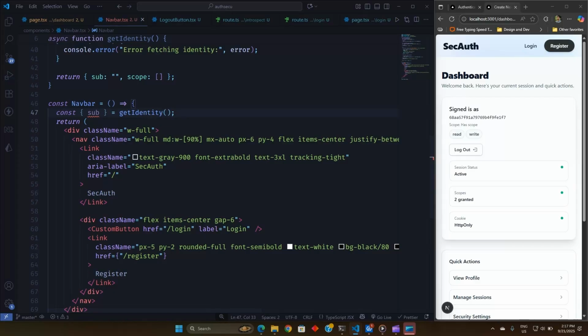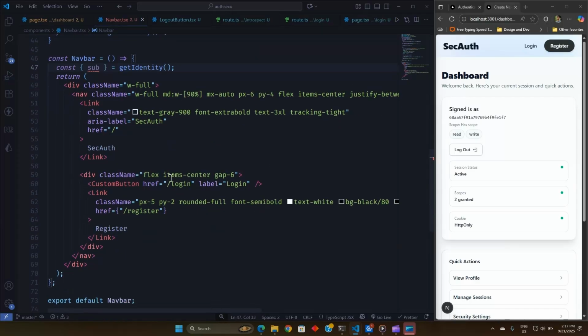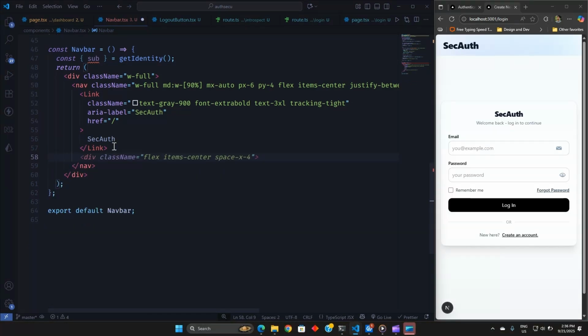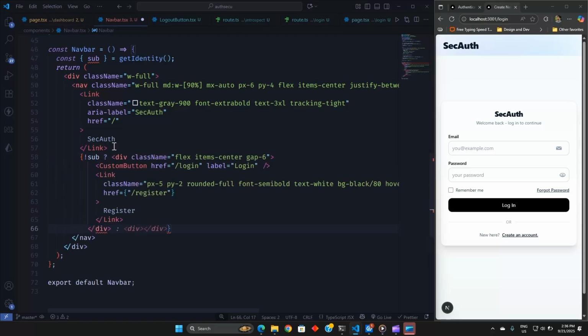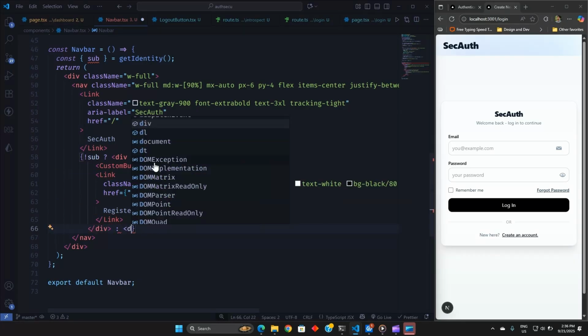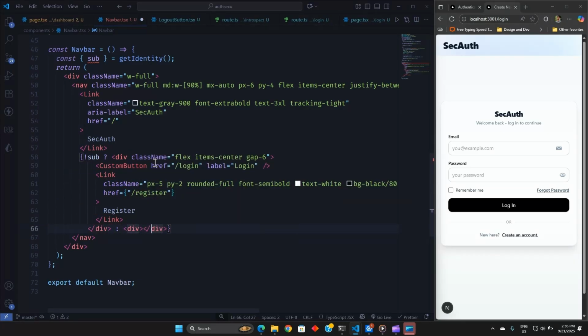Now based on the user authentication, we will change the login and the register thing. So for this we will remove this div, and here we will show based on conditions. If there is no active user, in that case we will show this one. And if there is an active user, in that case we will simply show a div for now and save